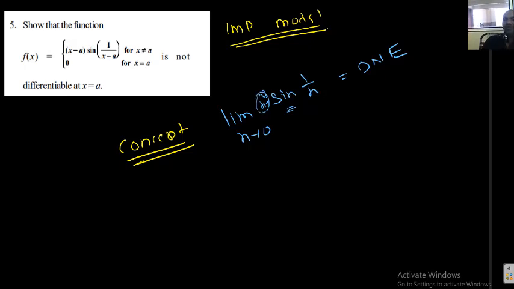So if you want to show that the limiting value equals 0, what should you do? Here you write x with a power which is greater than 0. That is one thing. Second, the limiting value of sine 1 by x as x tends to 0, multiplied by x or x square, whatever it may be, tends to 0 only. This is the concept.